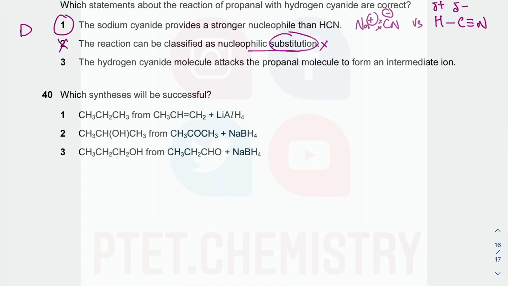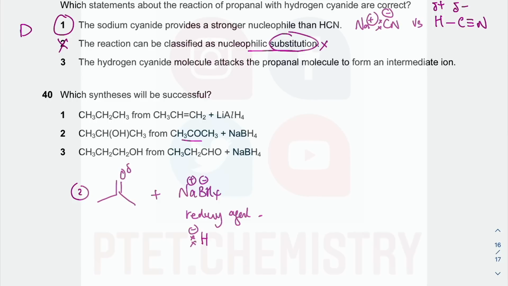So question 40, this is the last question of this paper 1, which hopefully I haven't messed up that much, because I've been going a bit slower. So part 2, this is a ketone. Well, I mean option 2. When you add NaBH4, so there's Na+ and BH4-, this is a reducing agent. It's got a H- delivery system,